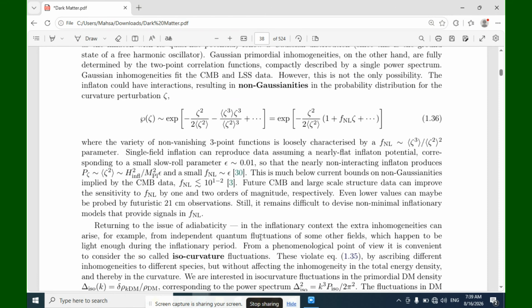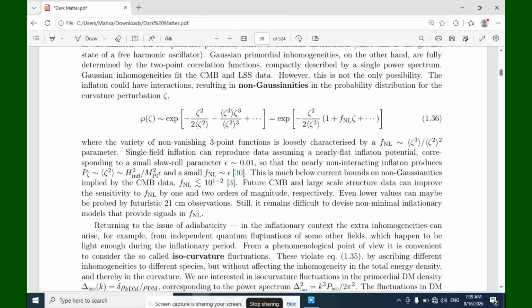where the variety of non-vanishing three-point functions is loosely characterized by f_NL, which is almost equal to ζ³ divided by (ζ²)². Single field inflation can reproduce the data, assuming a nearly flat inflation potential corresponding to a small slow-roll parameter, ε almost equal to 0.01, so that the nearly non-interacting inflaton produces